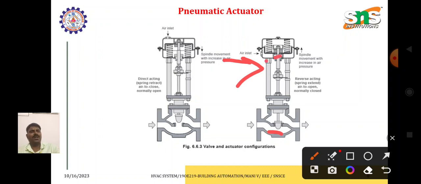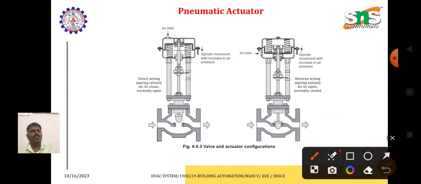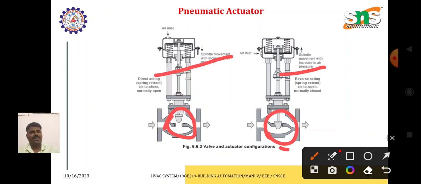The high pressurized air expands, so that the spindle moves upwards, and the valve gets open, so that the flow of liquid, water or gas leaves through the actuator. So with the help of this high pressurized air, we are able to control the valves, so that the flow of water, liquid or gas may be controlled